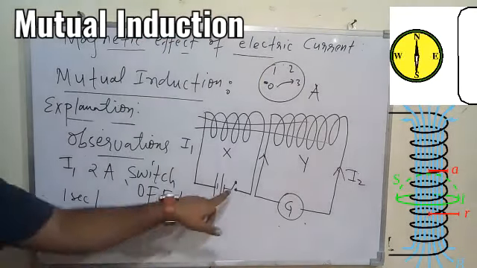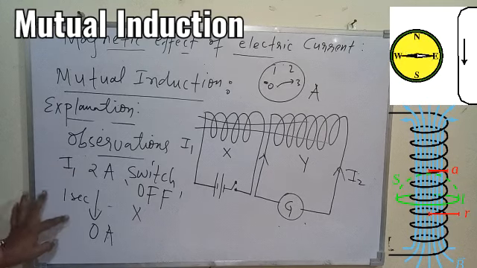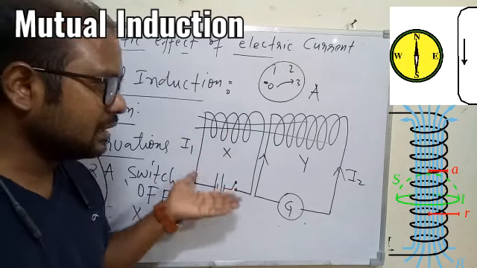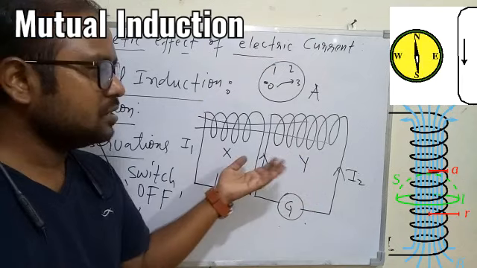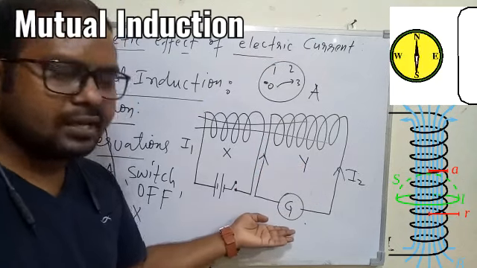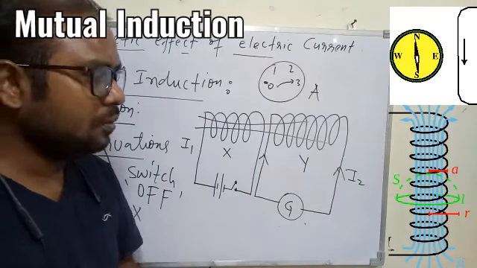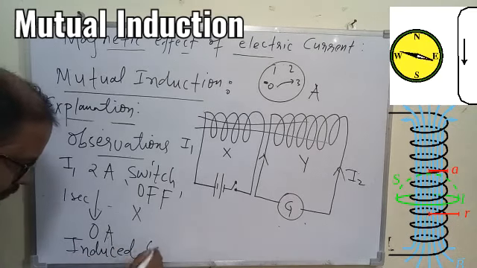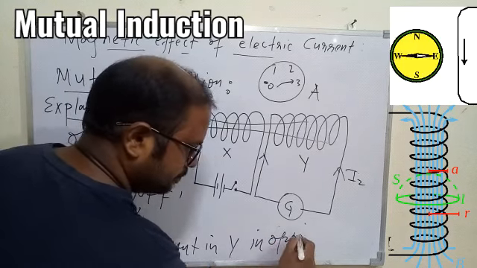So I am repeating again, the time you switch off the circuit X, it will take some time to come from the maximum value of current to 0 current, and for this particular time, let it be 1 second, its magnetic field or magnetic flux will change, that is the magnetic flux of X will decrease, and hence the magnetic flux of Y will also decrease. Once the magnetic flux decreases, meaning there is a change in magnetic flux, current will again be induced in the coil Y, but this time the current will be induced in the opposite direction as compared to the previous case. So we can say induced current in Y in opposite direction.